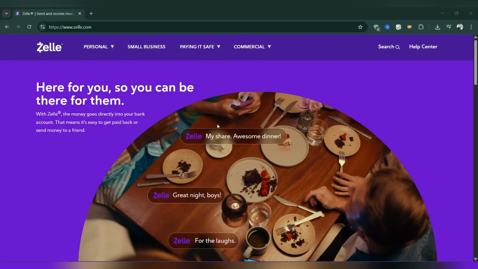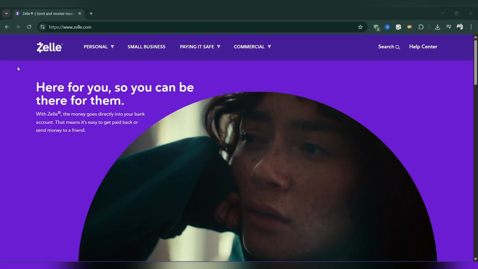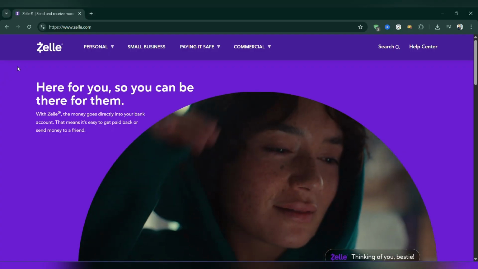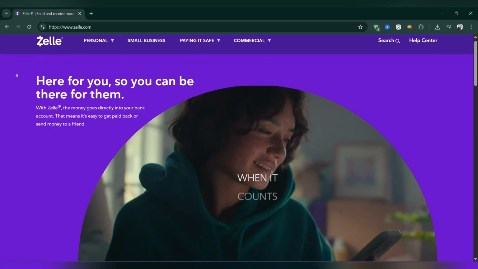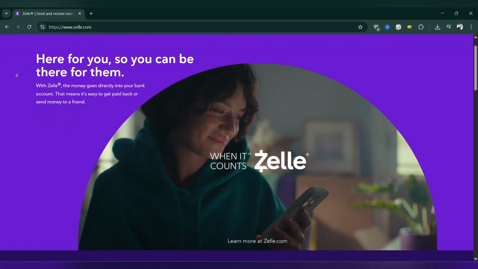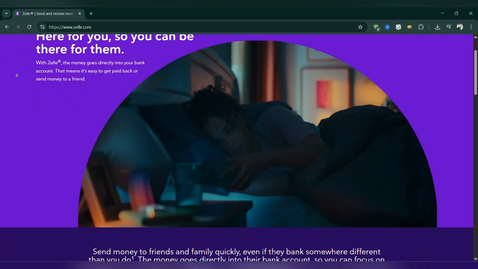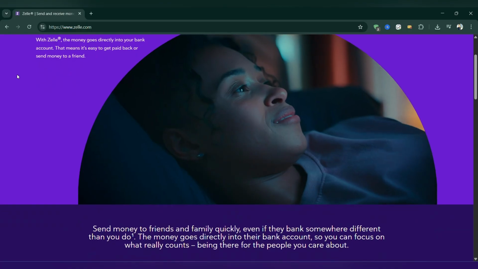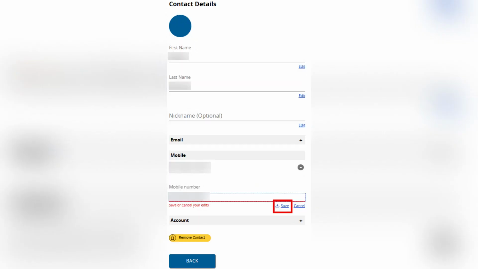In this video, I'll explain how Zelle transaction history works and what you can and cannot hide when using Zelle through your bank. First, it's important to know that Zelle payments cannot be permanently hidden or deleted from your bank account history. Because Zelle payments are real bank transactions, banks are required to keep a record of them for security and legal reasons. That said, there are a few things you can do to make Zelle activity less visible or